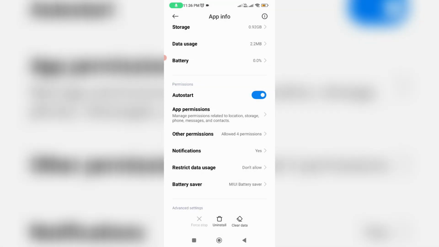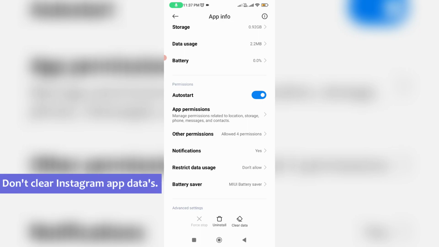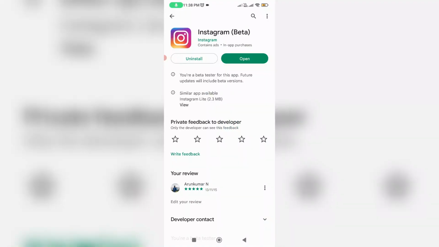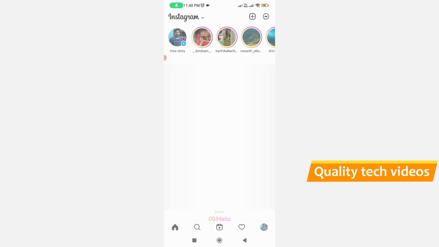But some YouTube videos say that if you get this message, just clear the Insta app data one time and the problem is fixed. My suggestion is don't clear the Insta app data, it is a waste of time. Anyway, once you have done the steps I mentioned, close all the windows and also check whether your app is updated to the new version or not. Then try to upload your new image file to your Instagram story section.